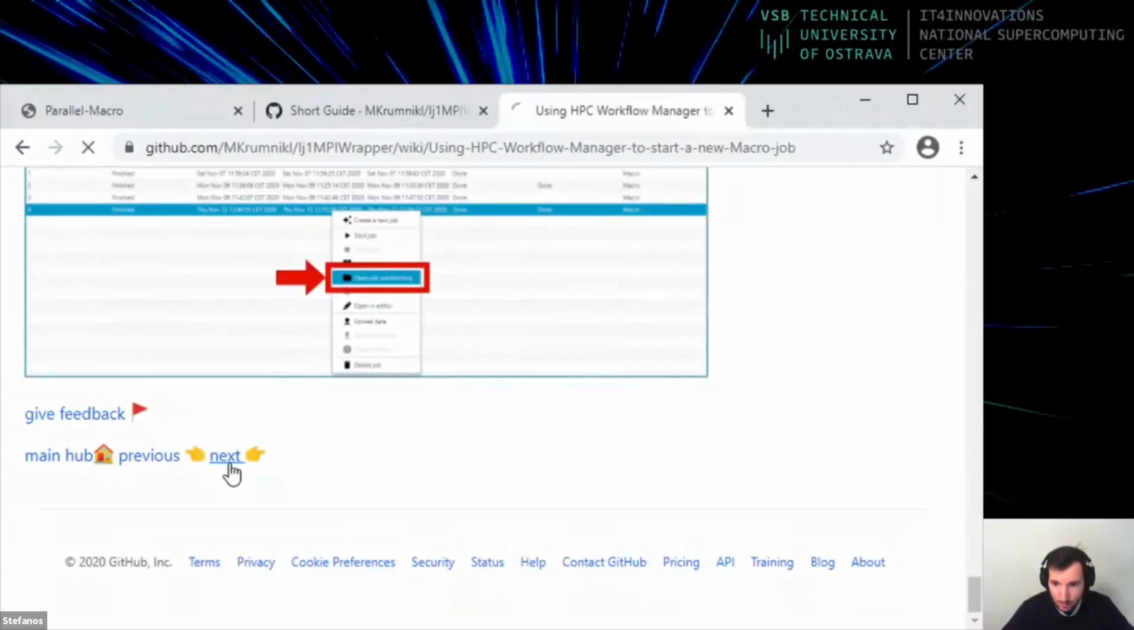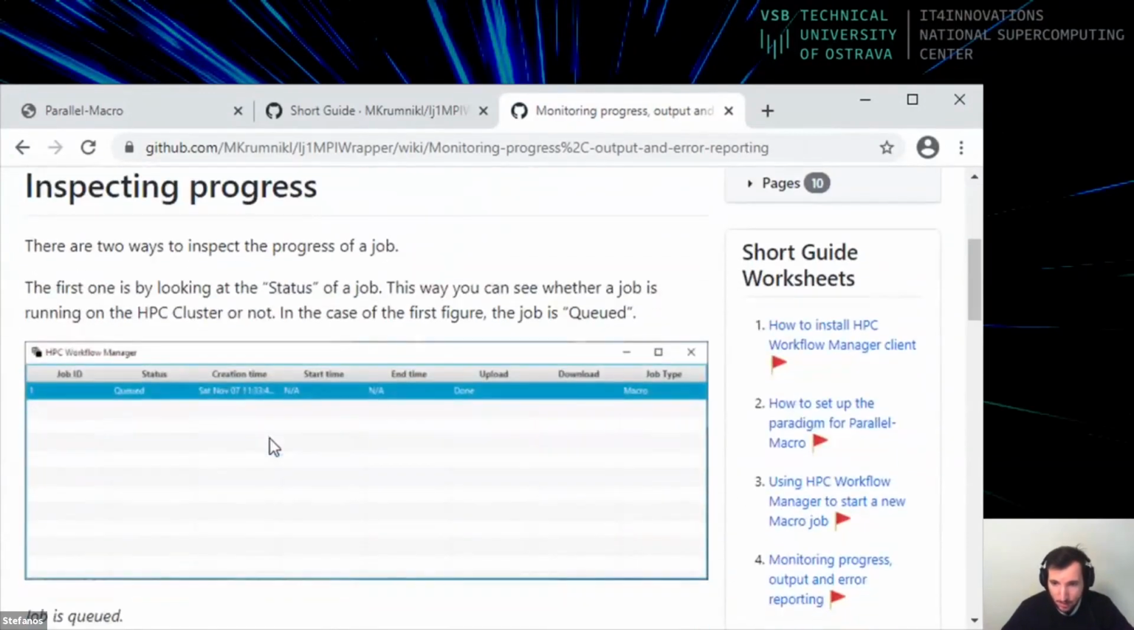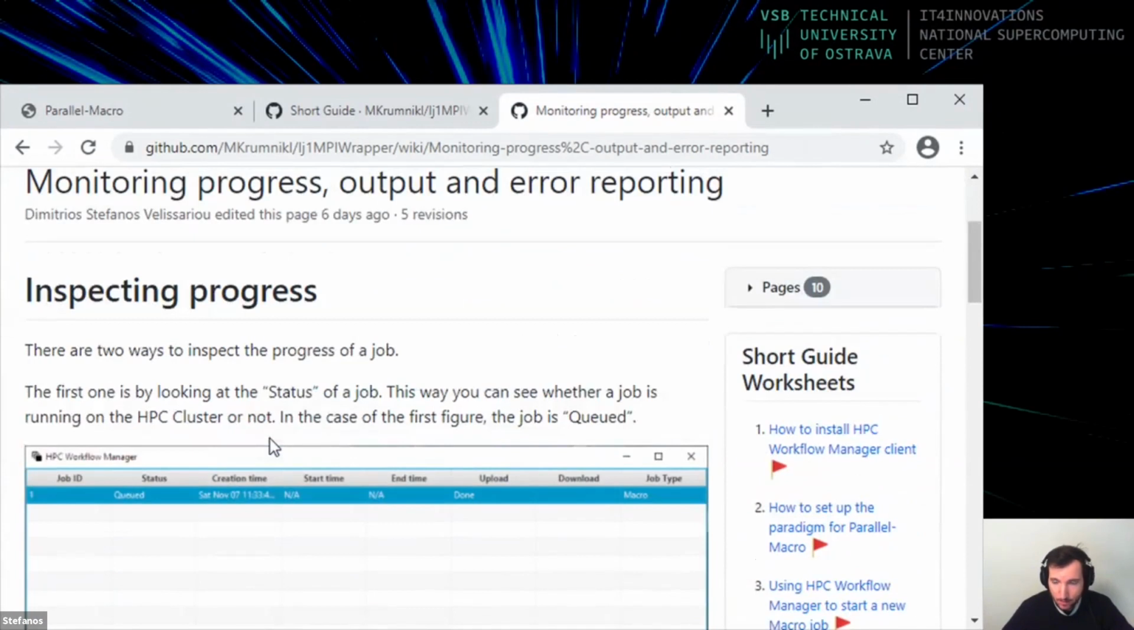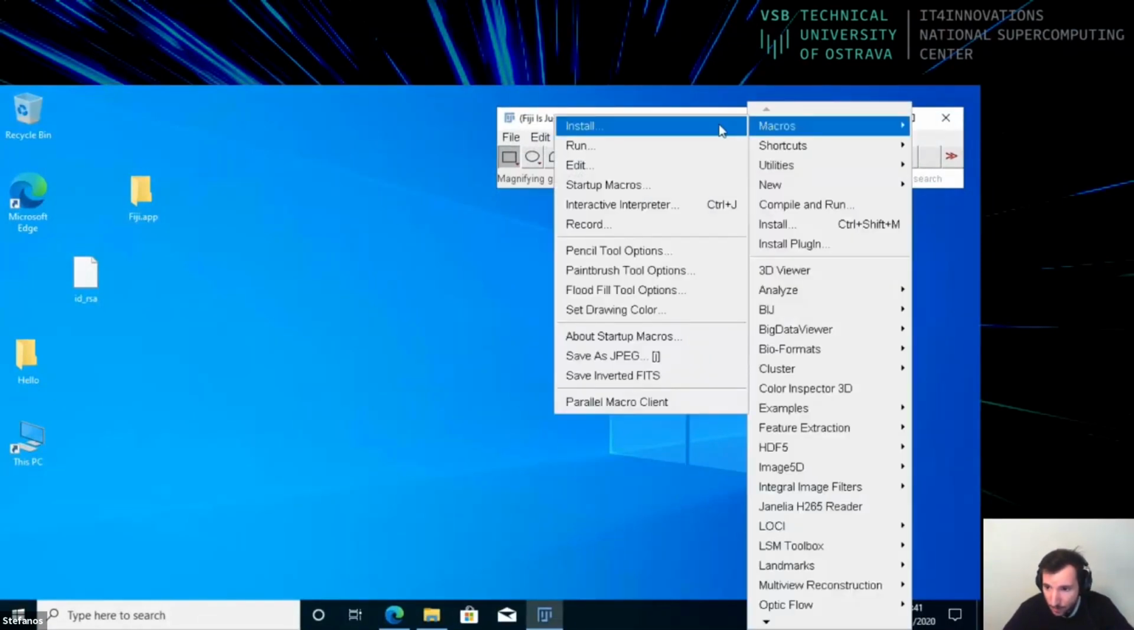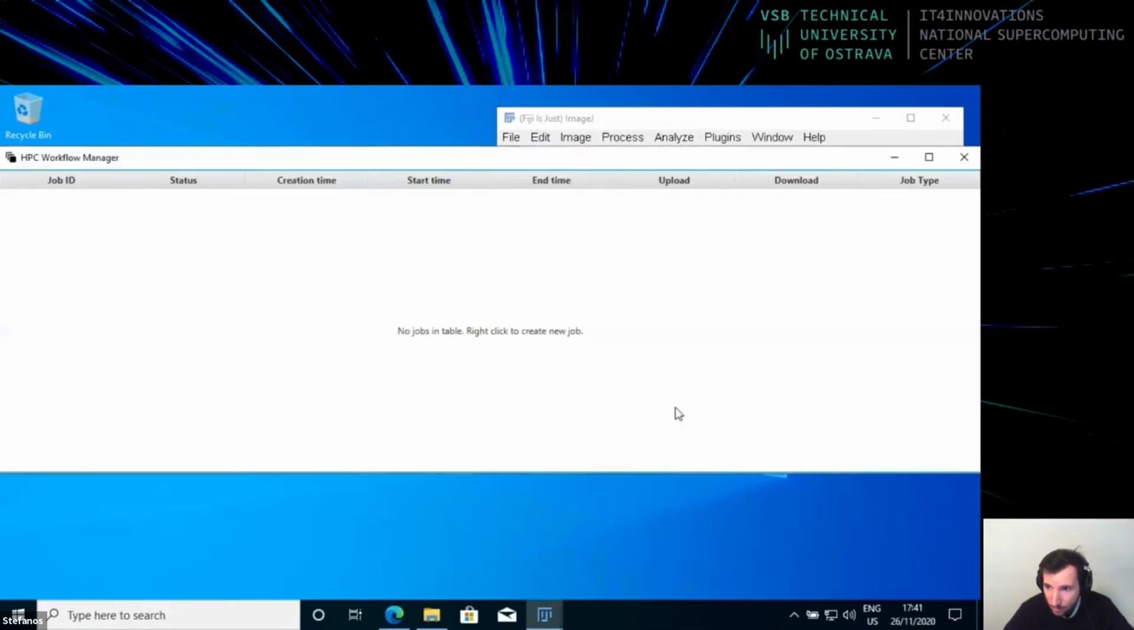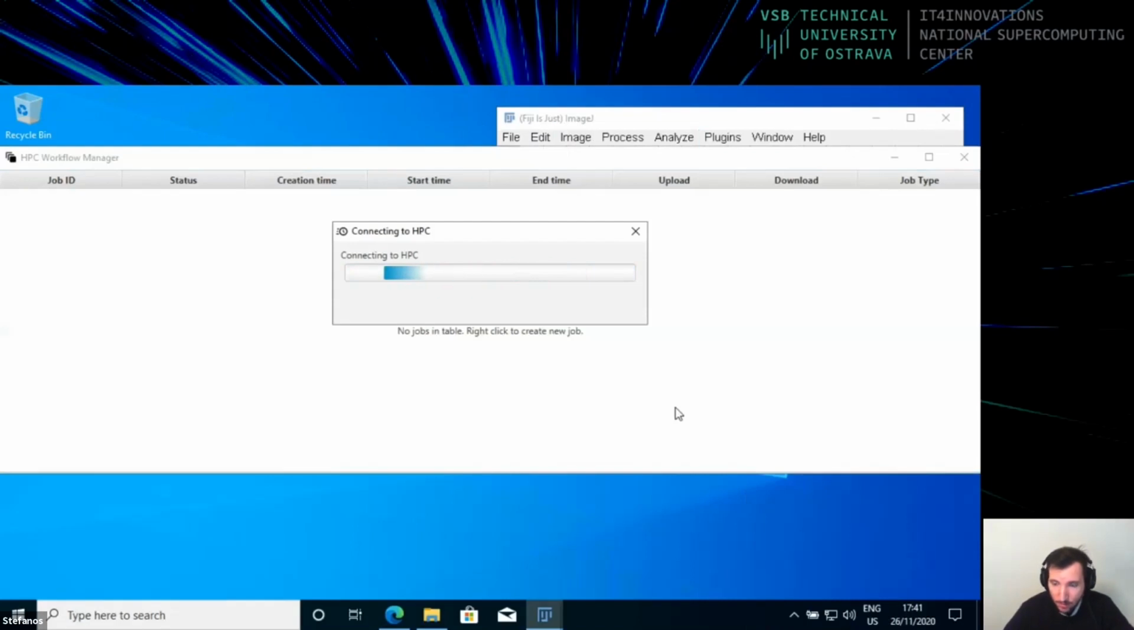Okay, so let's proceed to the next section. This is about how to inspect progress in your job that we executed, and see the output and the error output that you would normally see on your screen if you run the macros locally. But now, since we are running the scripts remotely, you need to see this in this plugin. And now I'm going to reopen the Parallel macro client from macros, plugins, macros,